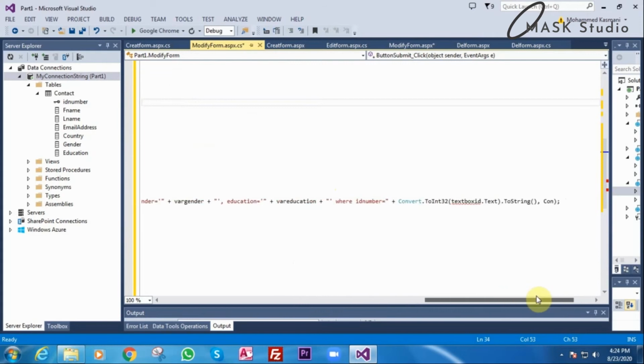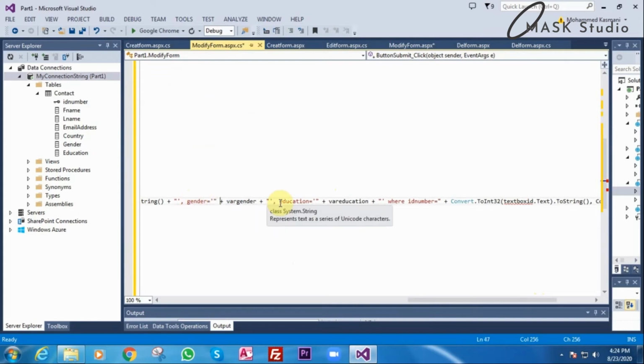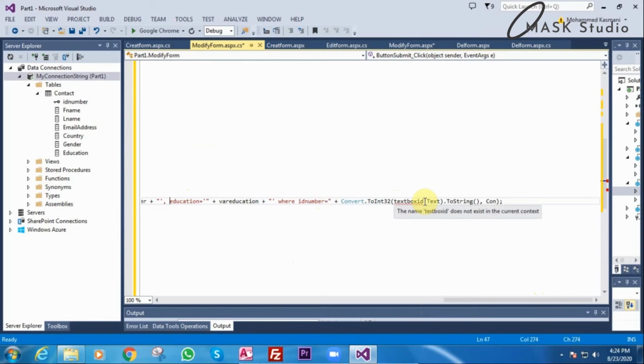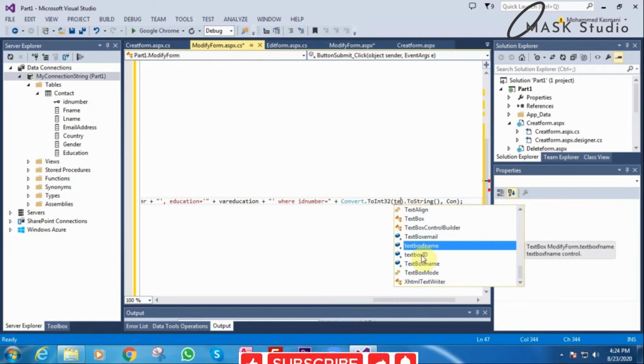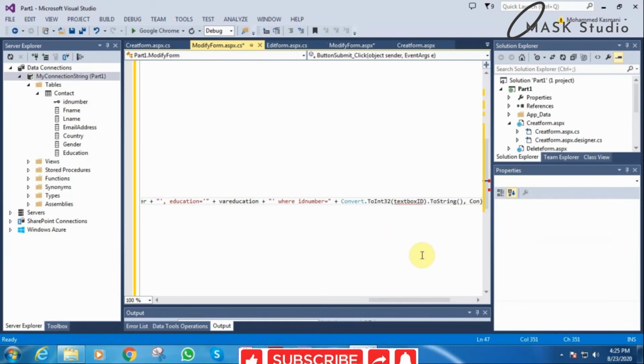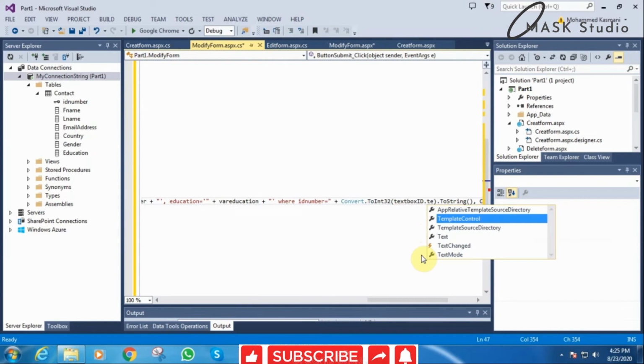What I did here: variable gender and education is equal to variable education, where ID number is equal to text box ID dot text.